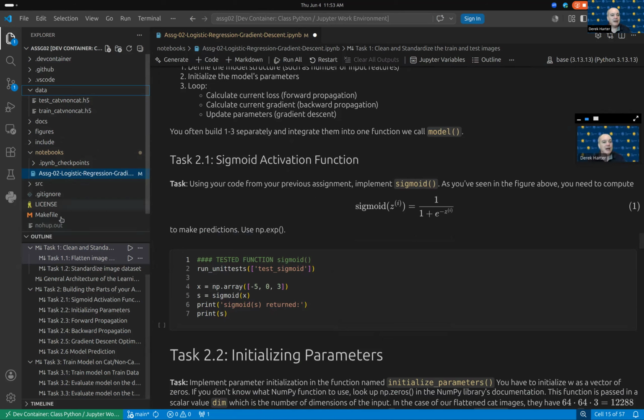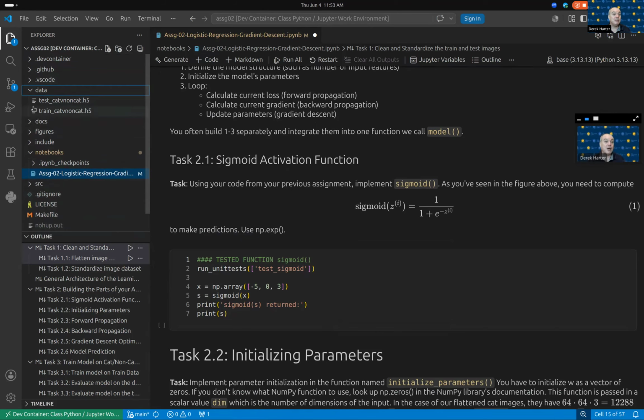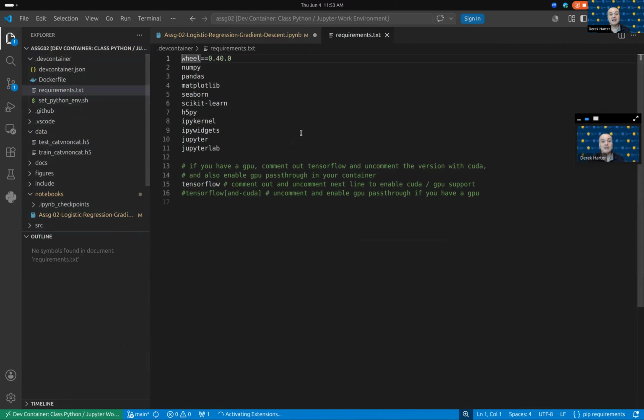Later on, I'll remind you again, most people seem to be using the dev container environment, but if you're not, you probably do want to familiarize yourself with the requirements.txt. If you're not using the dev container environment, create a virtual environment by hand using basic Python packaging, and then do a pip install using this requirements.txt file. In this one, the only package besides the standard things like NumPy and TensorFlow that we need for the assignment is h5py, for the H5 cats versus non-cats data file that we have.